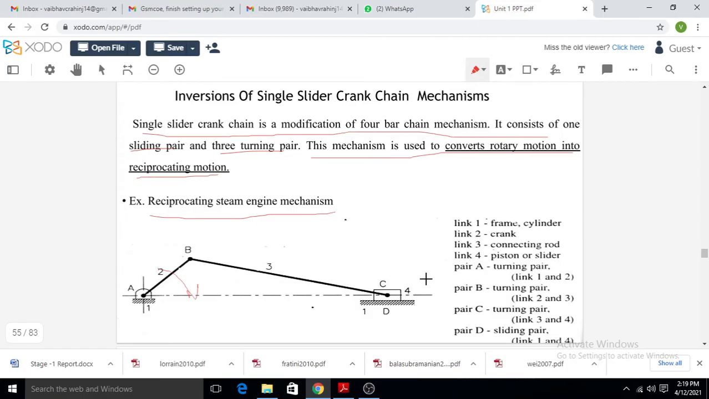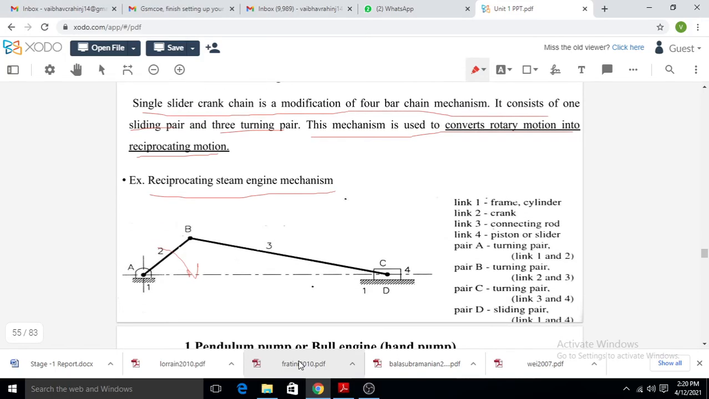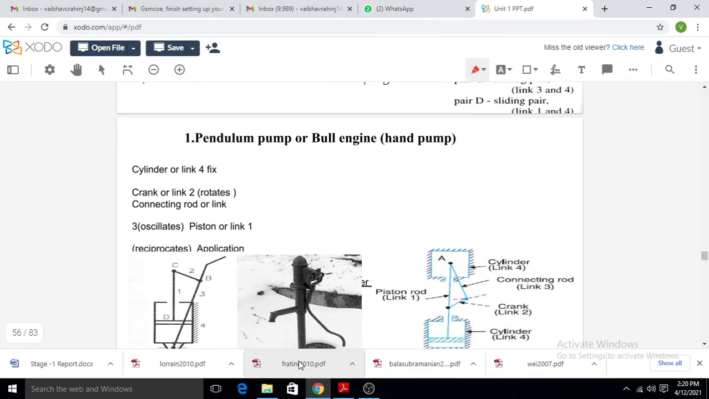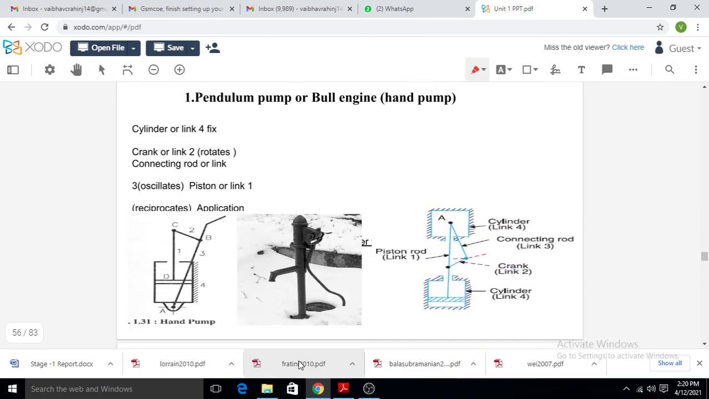If we provide the input to the crank, link number 2, it will make a complete revolution, and as it revolves, this slider will reciprocate along a straight line. That's why it is called the reciprocating steam engine mechanism. So this is the first inversion of the single slider crank mechanism. Now, the next inversion of the single slider crank mechanism